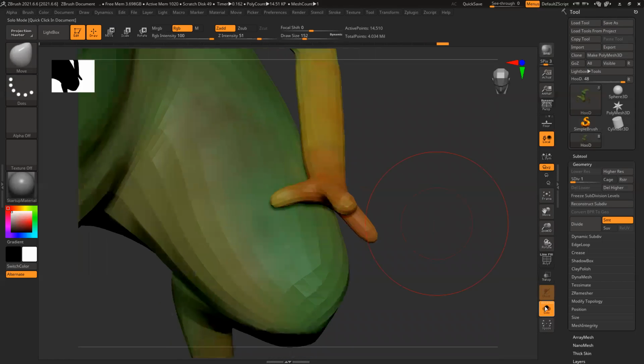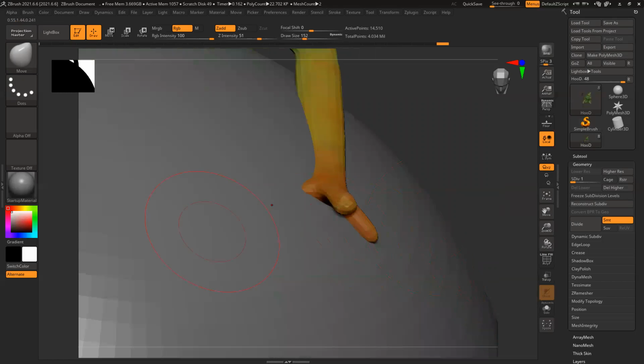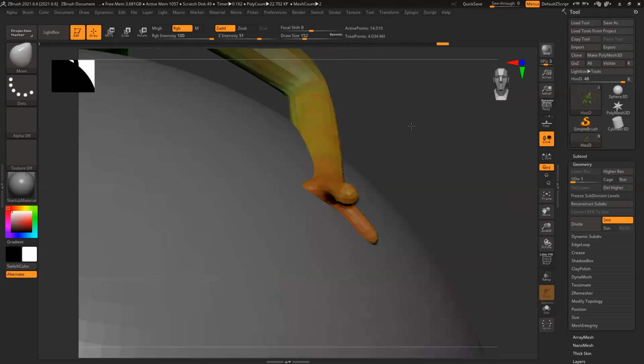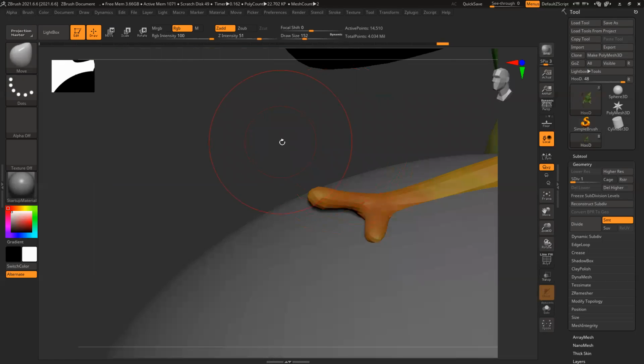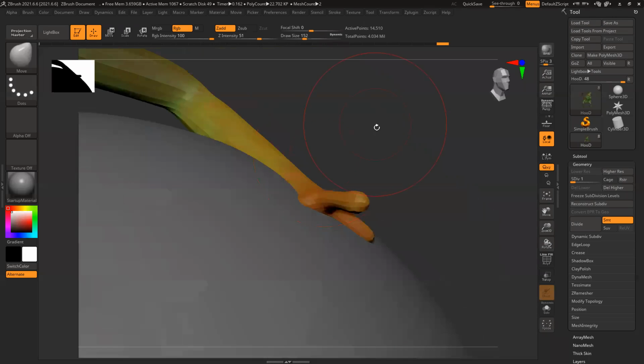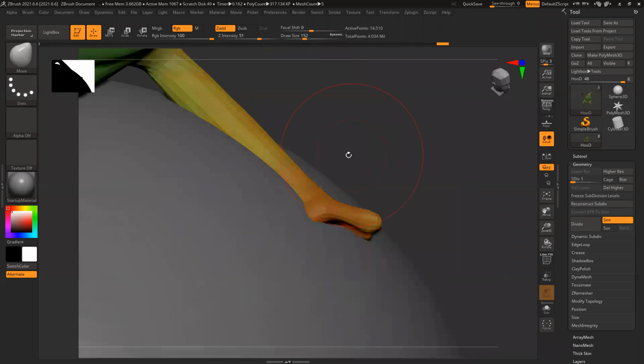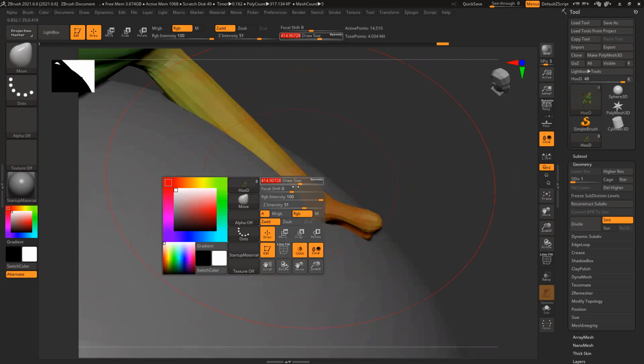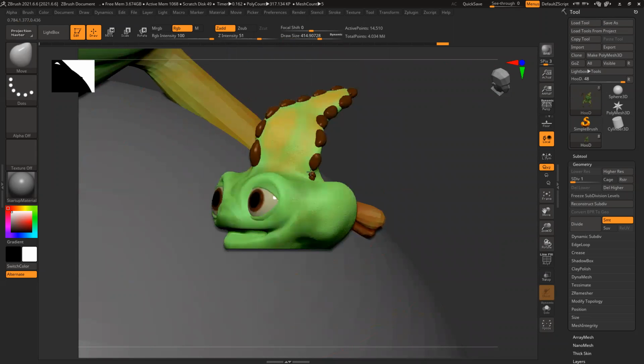What is this? Guys joining. What is this?